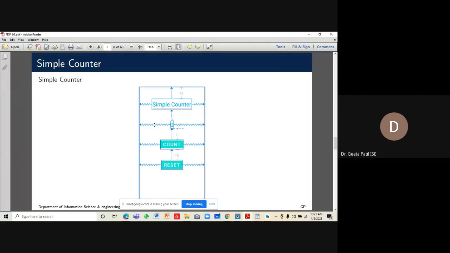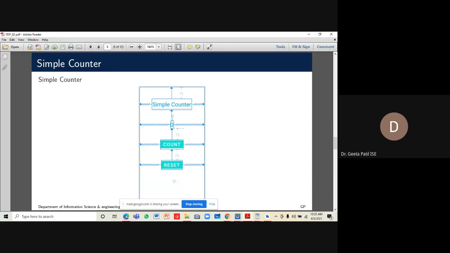So let's say I have this application that we have to design and implement, which is used for counting purposes. Let me define my application that way. We have a simple counter, and with this counter I want to count certain events.